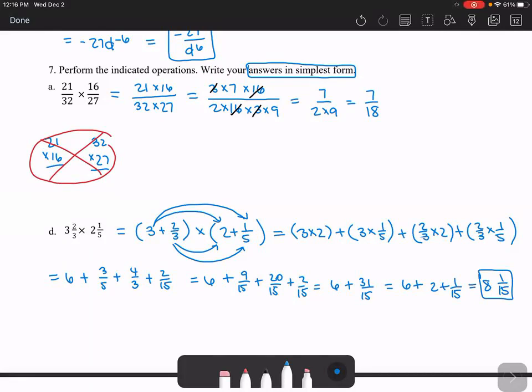Yeah, this one, like I said, commonly missed because people tended to treat the whole number part and the fraction part separately, but you can't do that because there's this distribution going on. Okay, are there any questions about these questions over multiplying fractions? Okay,